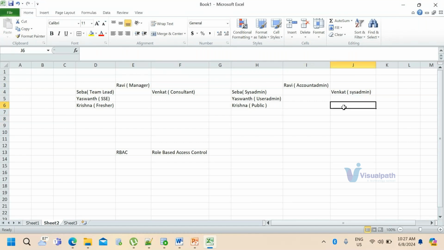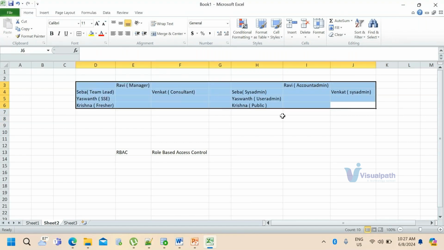Are you clear with this example? I'm just talking about the roles. Any questions on these roles? I'll conclude within 5 minutes, guys. My idea of this session is to make you understand what is Snowflake, what are the different terms we have, what we are going to learn in the next 30 days, and what are the technologies that I'm going to cover. That is the agenda of this session.